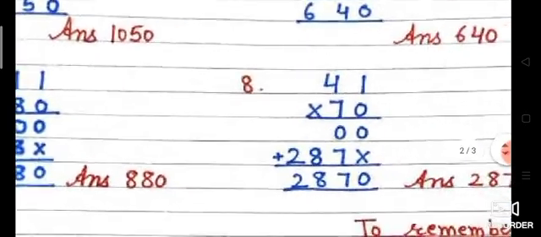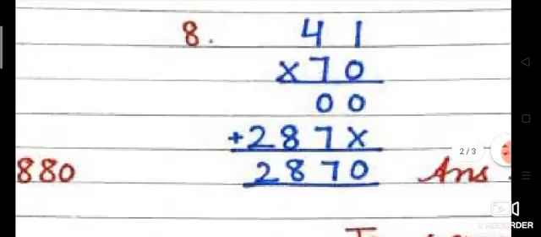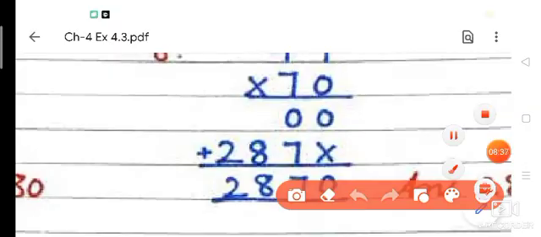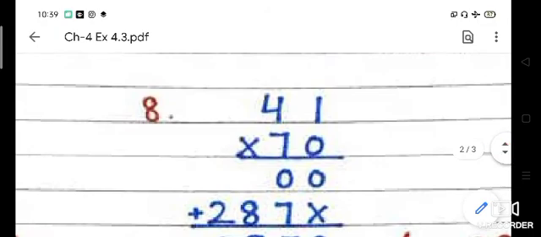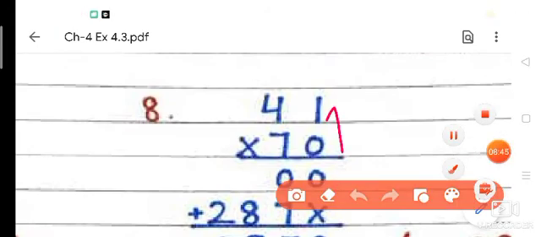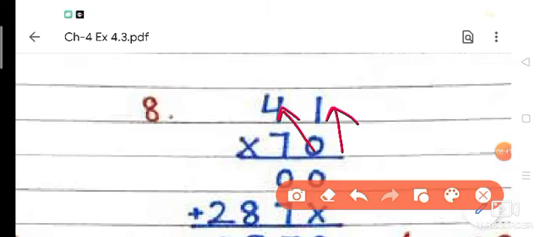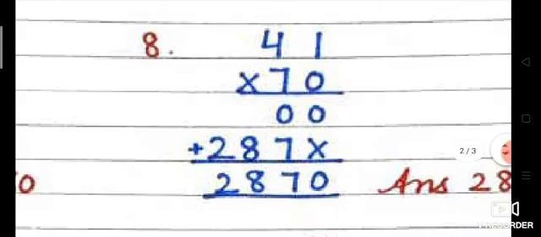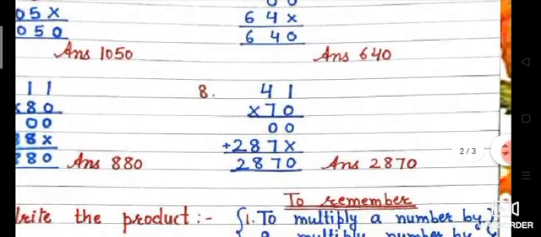Okay, this we will do. 41 multiply 70. So 41 multiply 70. Do it now. Let me, yeah, see now. 0 1s are 0, 0 4s are 0. So when we are multiplying by 0, 0 is coming. Okay, then put cross. 7 1s are 7, 7 4s are 28. Okay, now start adding. 0 as it is, 0 plus 7 is 7, 8 and 2. So 2870 is your answer.